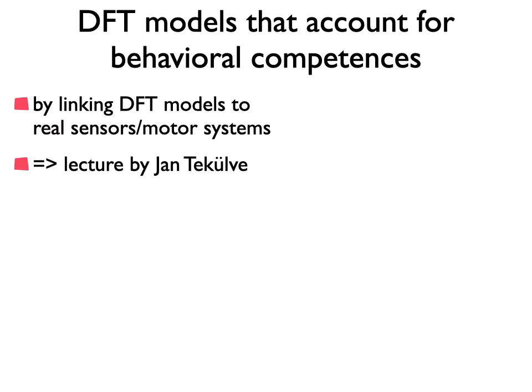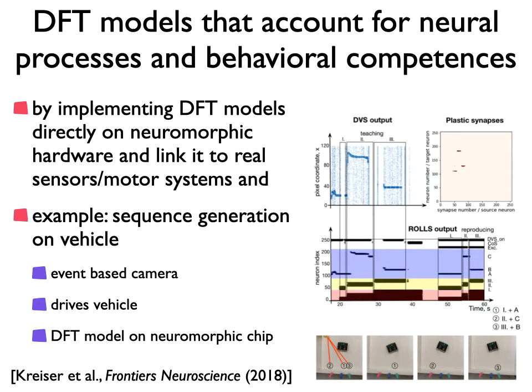And finally, there is an even more radical version of that, in which you're not only linking your DFT model to actual sensors and motors, but you're actually also implementing it not on a computer numerically, but on neuromorphic hardware that simulates the nervous system at a lower level. So neuromorphic chips that in some form, and this is an instance of doing that in actual analog electronics, and there are other cases where digital electronics approximates analog electronics. And in this case, for instance, a vehicle that's shown here at the bottom has a camera that is a DVS,